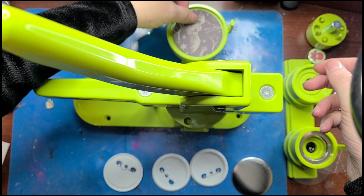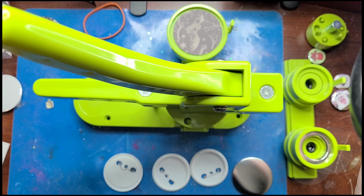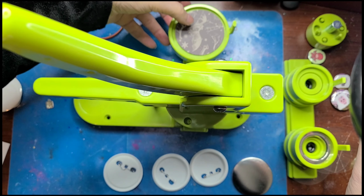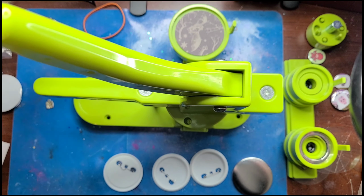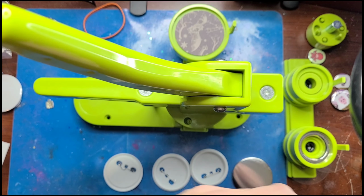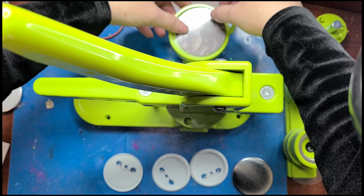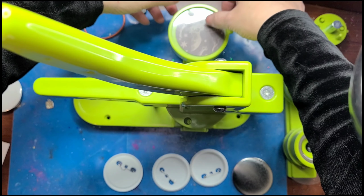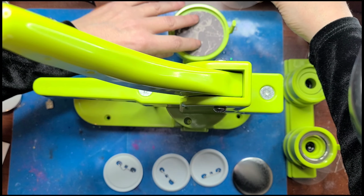Okay, so let's see how bad this is. I may run into a problem with the 2.5 inch button, because there's a lot more room on this one. The one fit perfectly, the other one was still smaller like this, but this one has a lot more room around the edges, so I might have to use their provided cutter, but we'll see what happens. You can see that there's just so much room around the edges. If I can get it centered right, it's possible it'll still work,